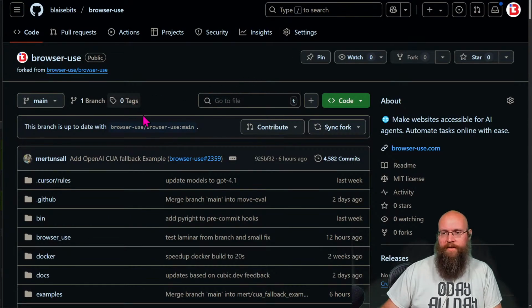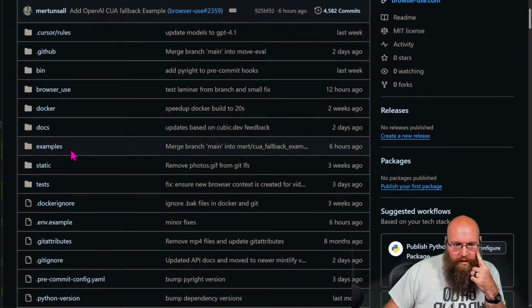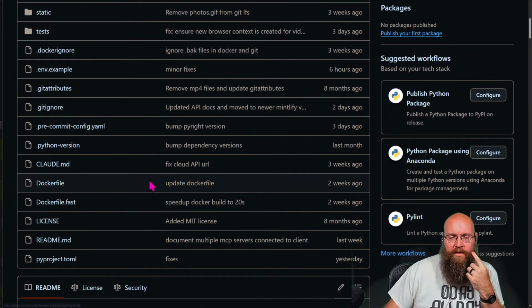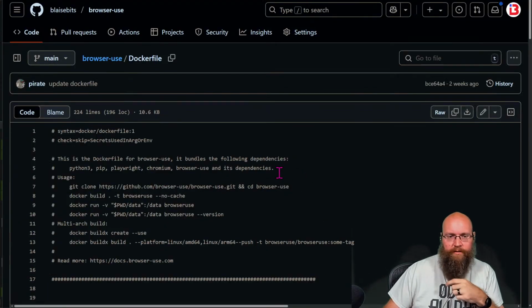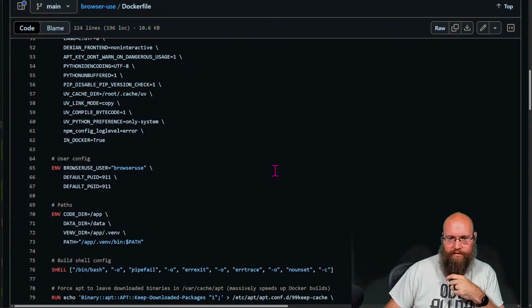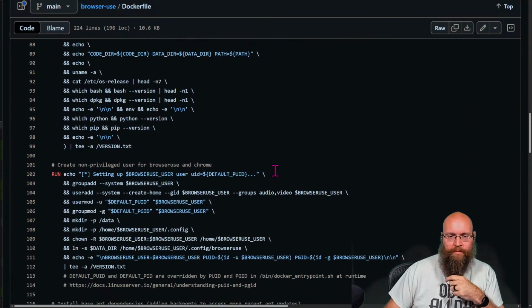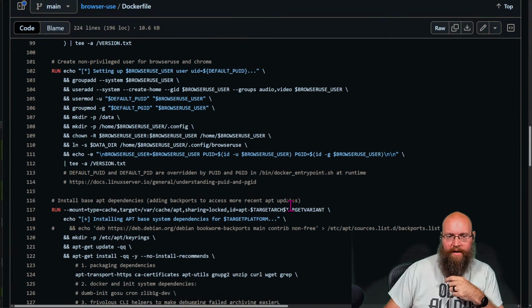Because what we're going to do is actually modify this. We're going to git clone this and make our own modifications to it. The way I'm going to do that is I'm just going to come right in here and modify this Docker file. Because I think the way they have some of these comments interspersed between the commands is what's jacking it up right here.